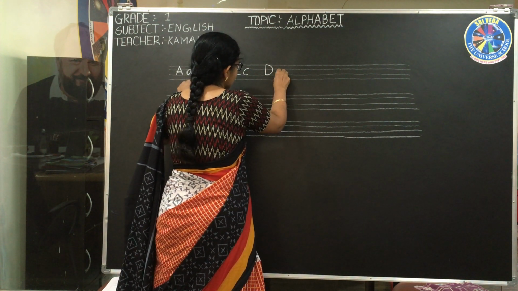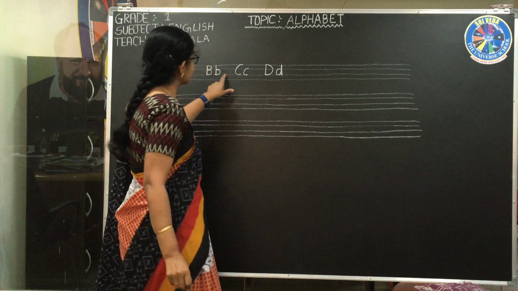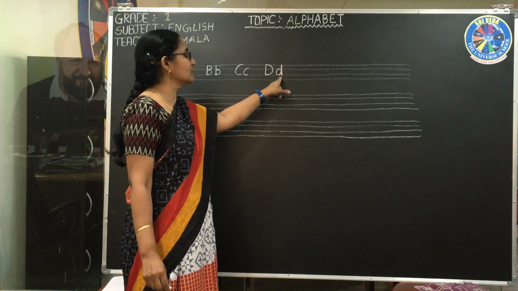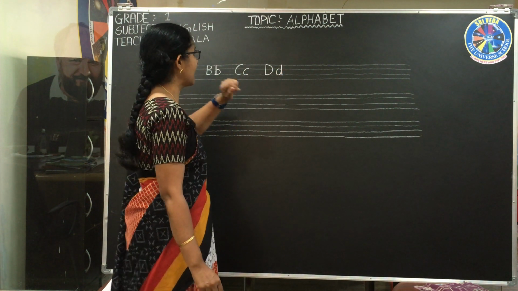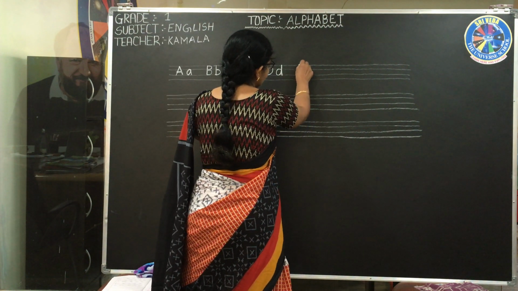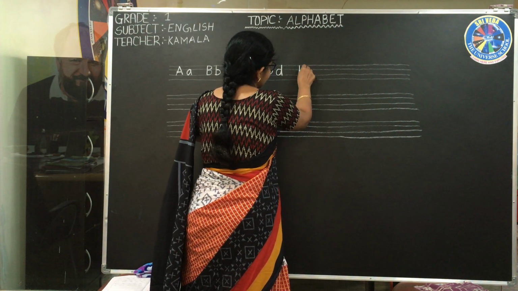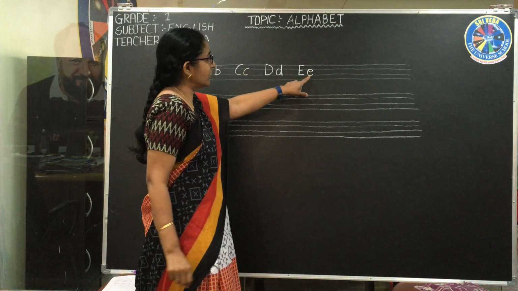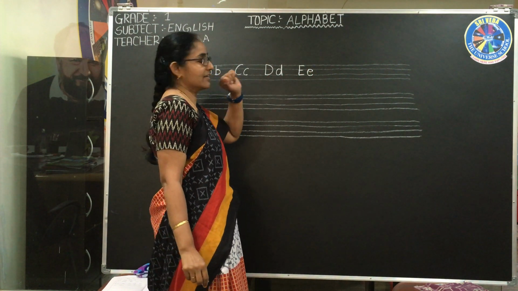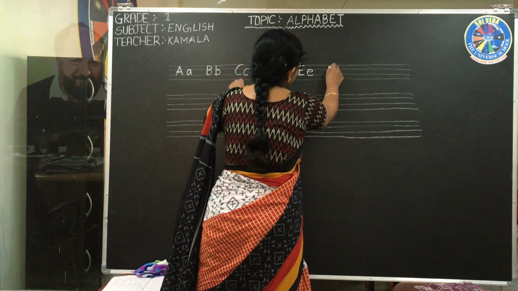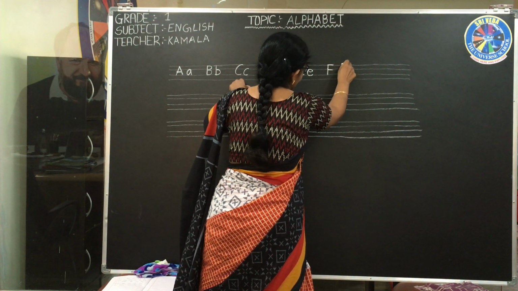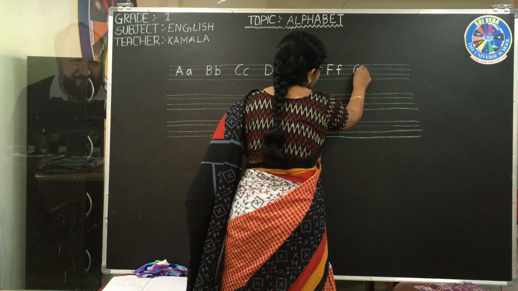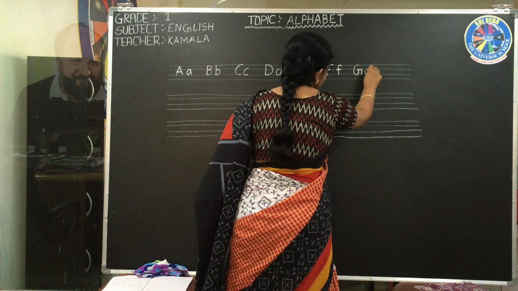And small d. Small d is the reverse of b. Means we are writing a line and we are writing the inverted C towards your left hand side. Again we are giving a space and then which letter, children? Very good. It is E and small e. Small e when we are writing, we are using only the center 2 lines. After again give a space, F. F and small f. Again G and small g.